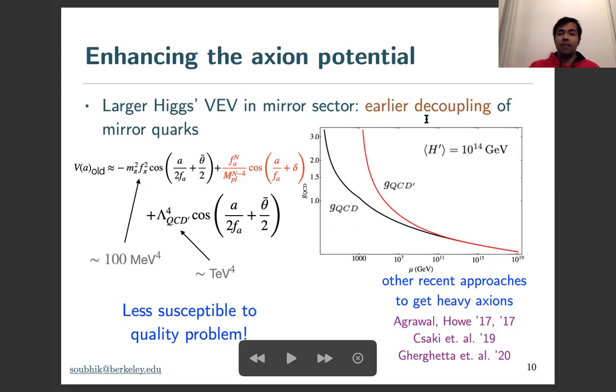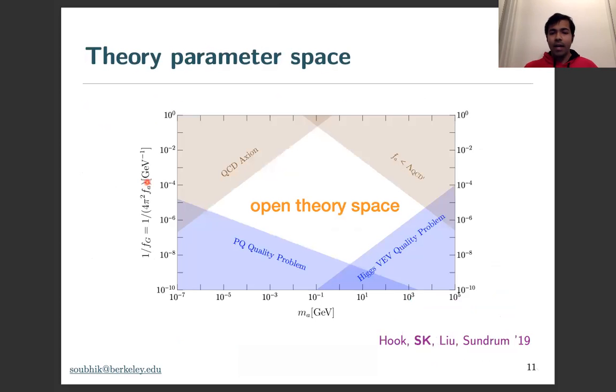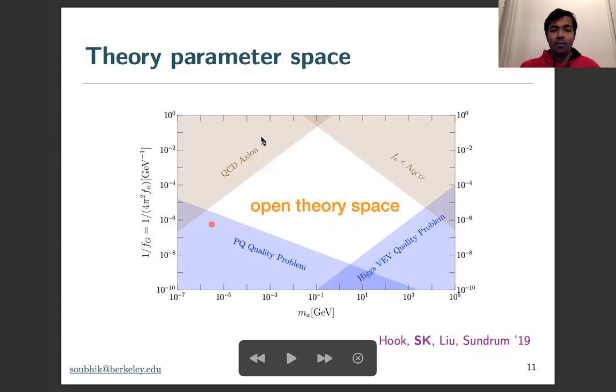And here is a benchmark, for example, if you take the Higgs mass to be as big as 10 to the 14 GeV, for example, you can have a mirror QCD confinement scale, which is like around the TeV. And of course, you have the parametric gain in that case over the QCD generated potential. Okay, so I won't have time to explain all of this in super detail, but the idea here is that we have an IR mechanism to enhance the